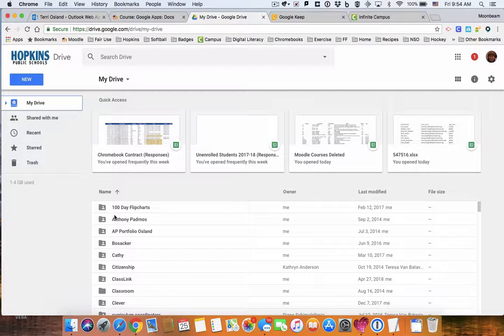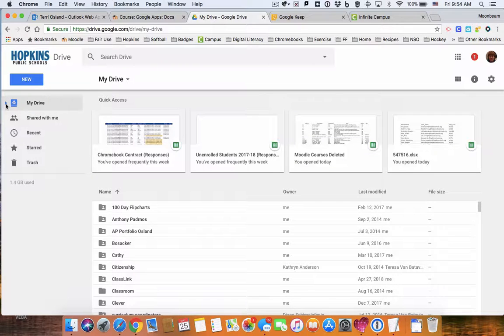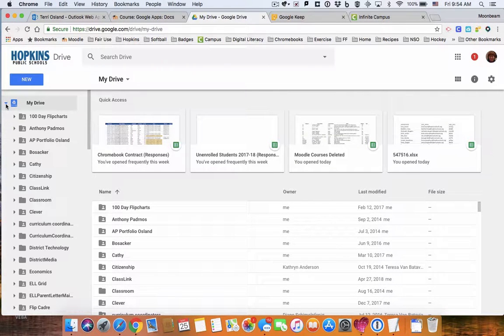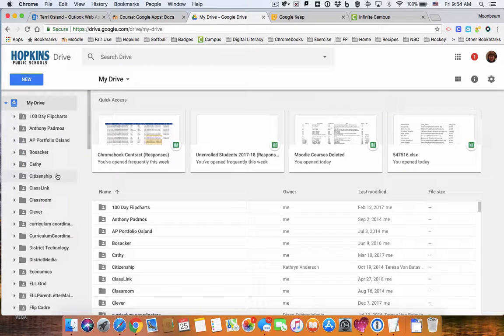I am in my Google Drive, and I do want to just remind you that while in your Google Drive, if you click on this triangle right next to My Drive, if you have created any folders in your Google Drive, they will appear in that drop-down menu. So you can click on that little triangle to show them or to hide them. So if I don't want to organize the document that I'm going to create in a folder, I could simply click on My Drive and click New Google Doc,